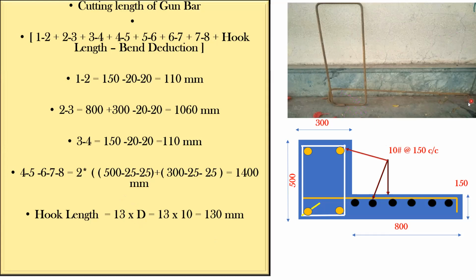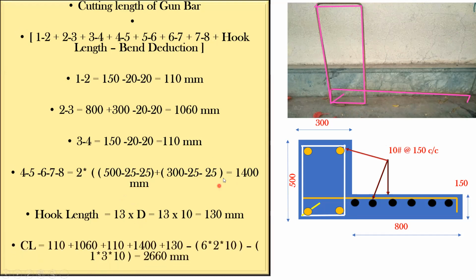Complete whatever bar you can see, the entire length we have found. Now we just have to add everything, so you're going to find the total cutting length. This length I know, this length I know, then this part, this part, this part, and also this hook I found. So everything I have, you just have to add everything. So the total cutting length will be